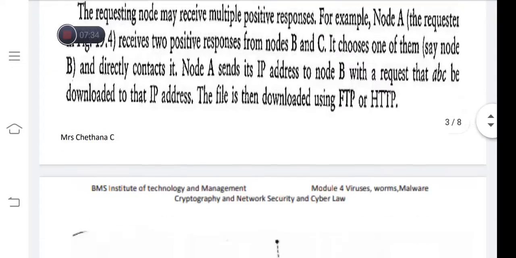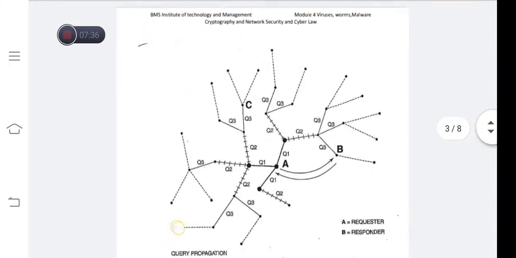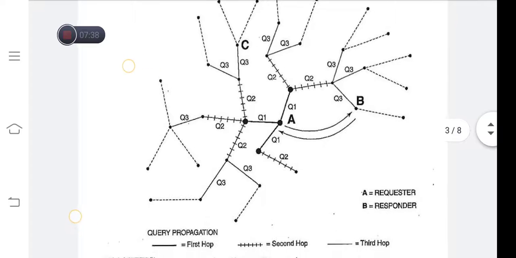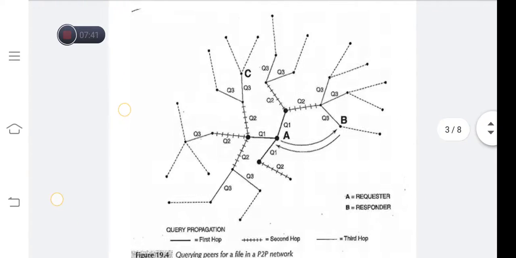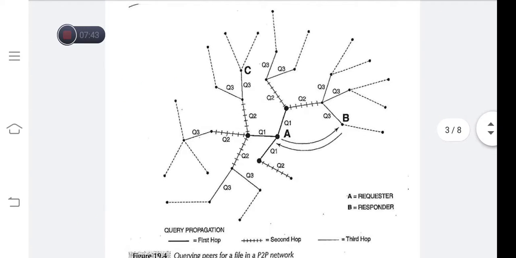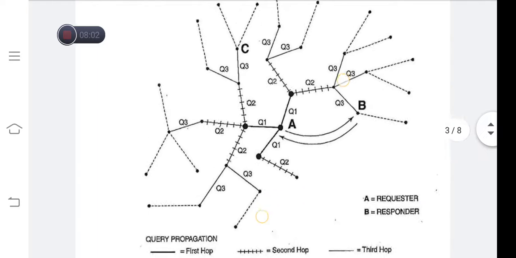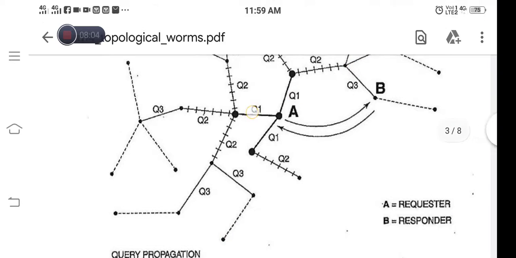Now let us see the diagram here to see how the peer-to-peer network works. Here we are seeing various nodes which are linked with each other, and we have the peers A, B and C. The node A is connected with its neighbors through the link Q1.